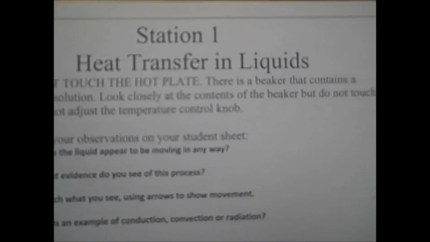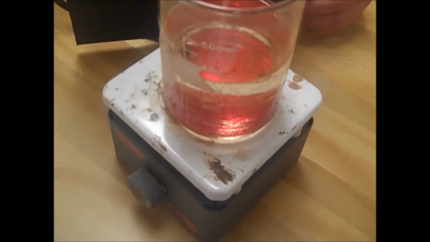Now our first station here is heat transfer in liquids. So we're looking at convection. We have set up a beaker with some oil and some glitter and food coloring. Really we just put things in there so that you can see them. And if we look closely,